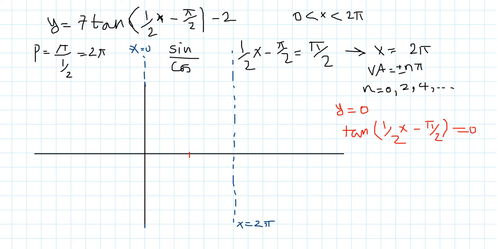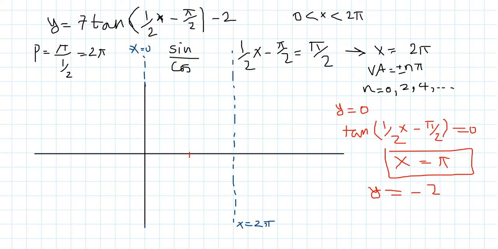When we find x, it equals pi. On x equal pi, I have intersection with the x-axis, but my x-axis here is